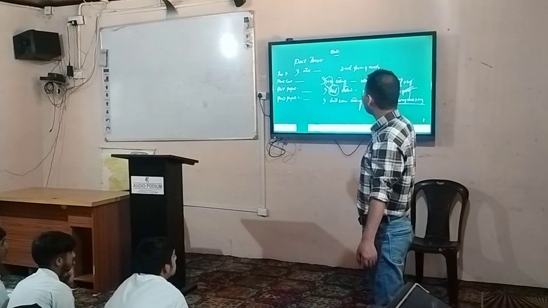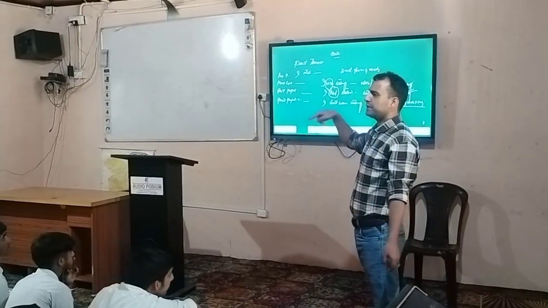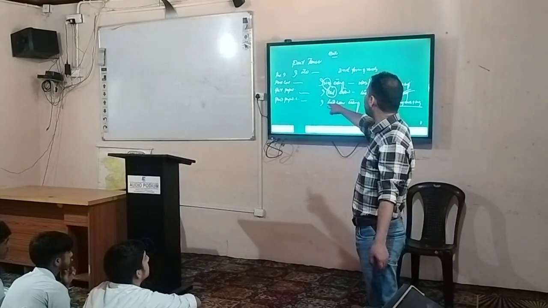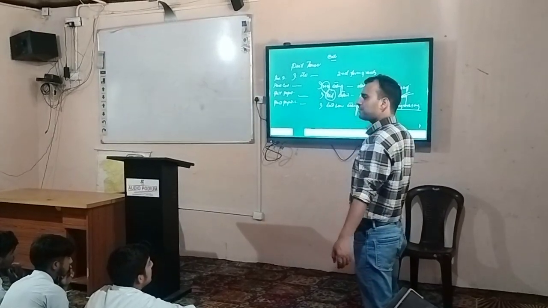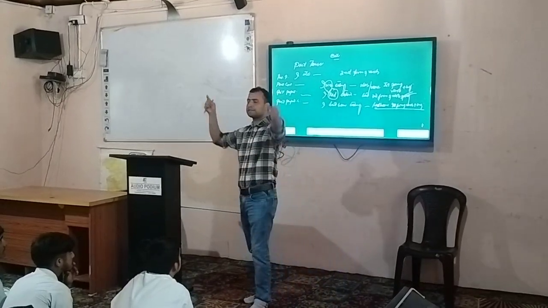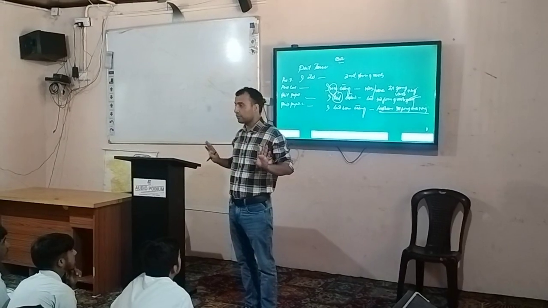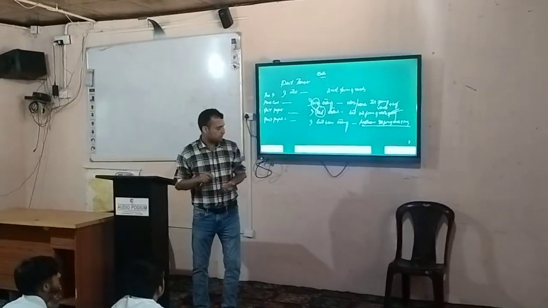Had, third form of verb. And in present perfect continuous we are using have been, has been, first form of verb plus ing. And in past perfect continuous we are using had been, first form of verb plus ing. Okay. This was all about present tense and past tense. Now we had the chart that is in future tense.